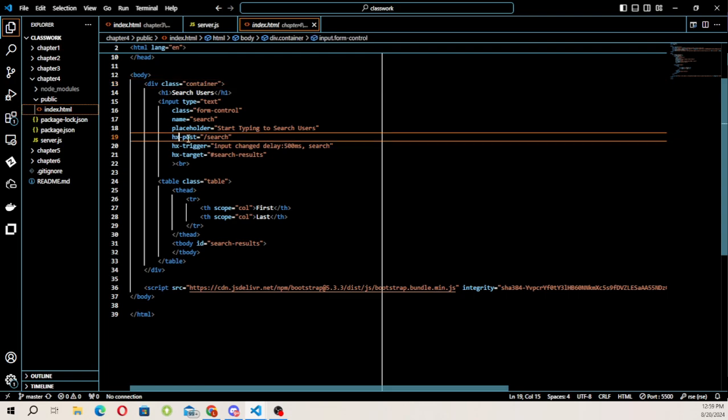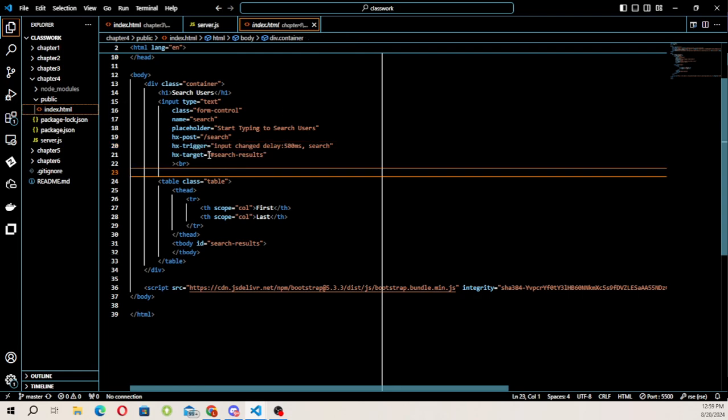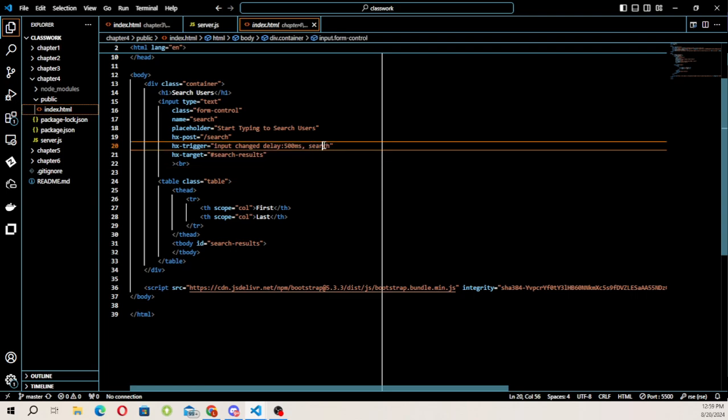The first one is hx-post, which is basically making a post request to this route here, which is slash search. And then the second one is hx-trigger, which is basically similar to an event listener, and it's going to trigger when the input is changed, and it's going to delay by half a second on search, right? So basically it's two triggers that we have. When input is changed, it will delay by 500 milliseconds,